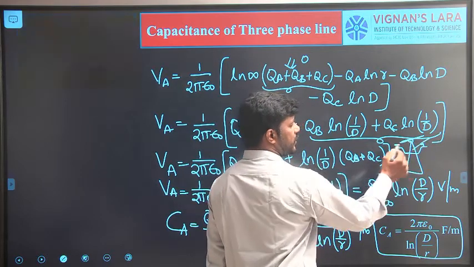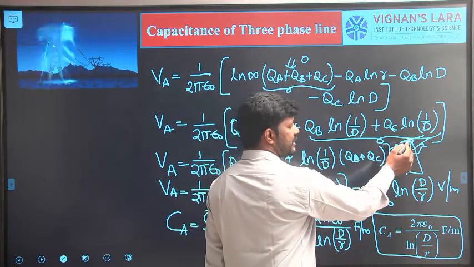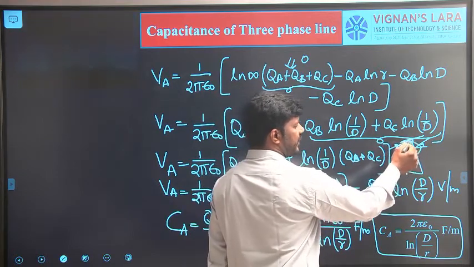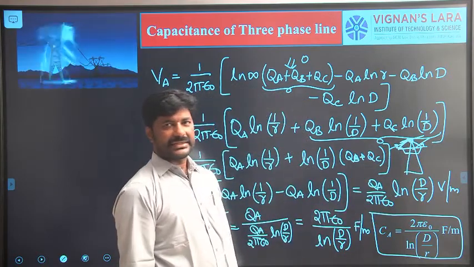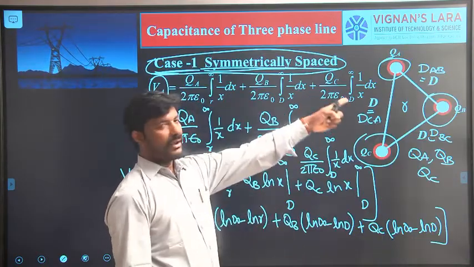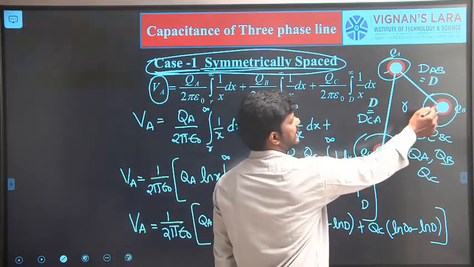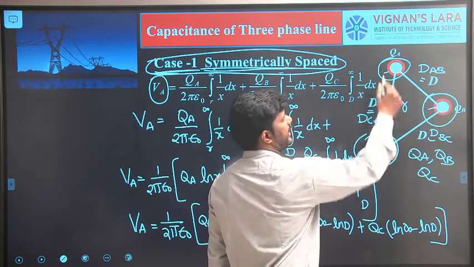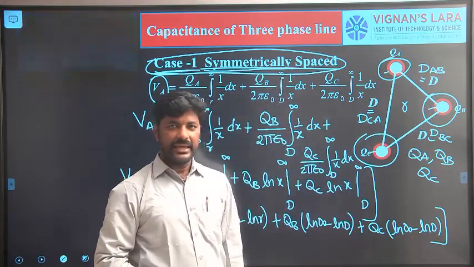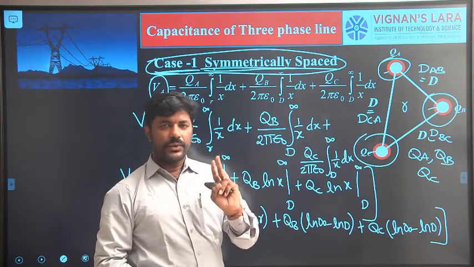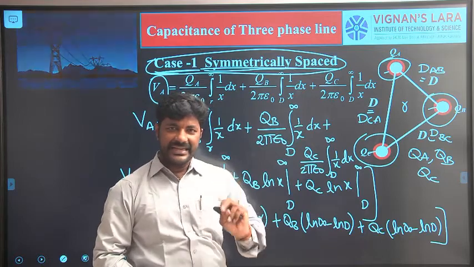Upon that two conductors will run, so that if you check the tower structure, it will be in the form of a triangle. That is why I say that these three conductors, whatever we have shown here, are those three conductors in circles. Yes, these are the circles which are located at the corners of an equilateral triangle. Okay. So far we completed two derivation parts, single phase line and three phase symmetrically spaced line.